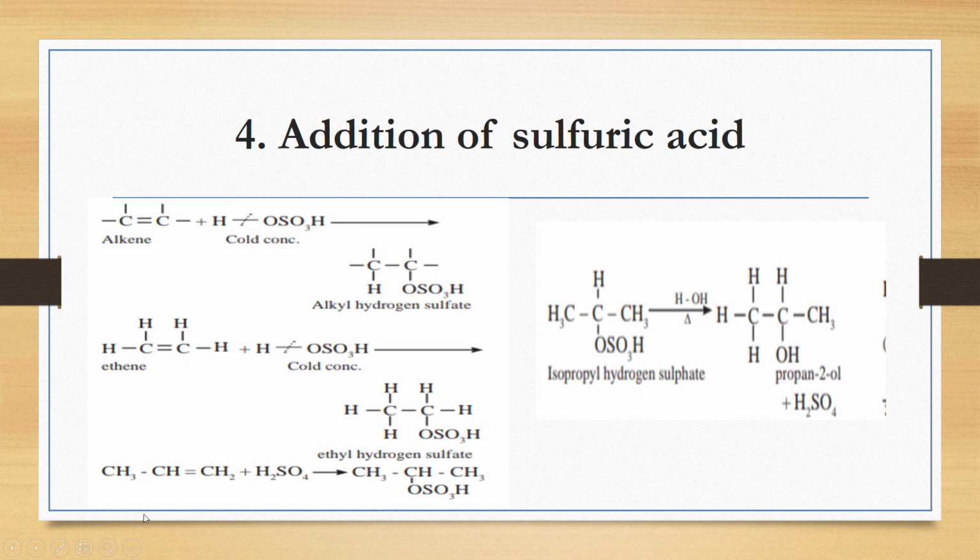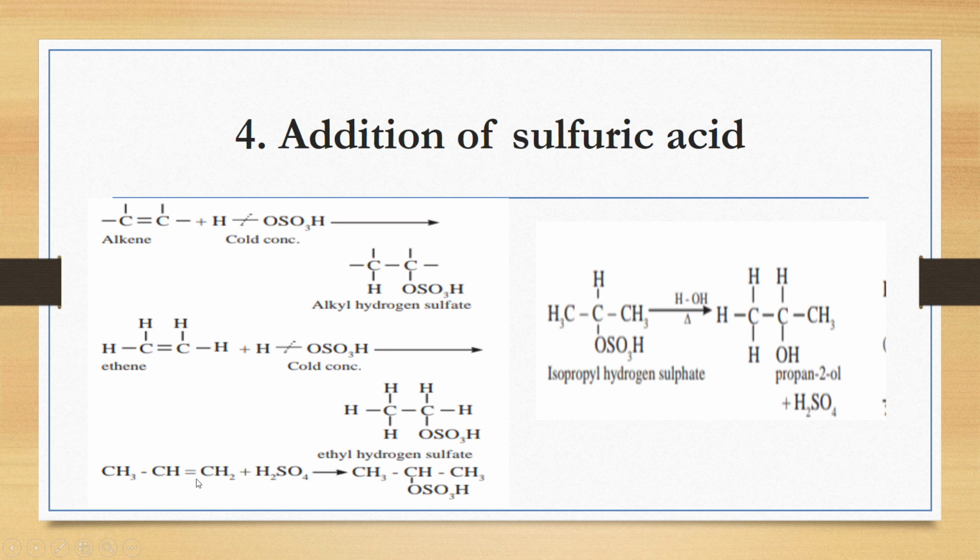Here is the example of propene. Now propene is unsymmetrical alkene. Across the double bond, make two parts. Both the parts are not same. On one side we have two carbon atoms present. On the other side we have only one carbon atom present. So this alkene is unsymmetrical.